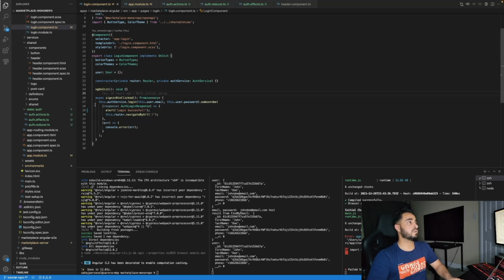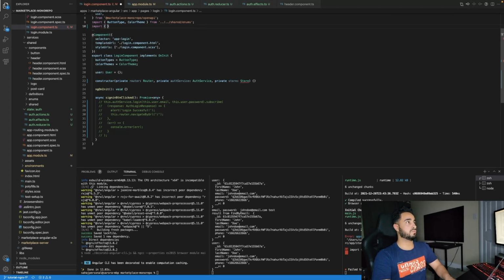And now if we go back to the login component, right now we have this API call being done manually on login button click. I'm going to comment that out, and I'm going to inject our Ngrx store in here, and going to import that from